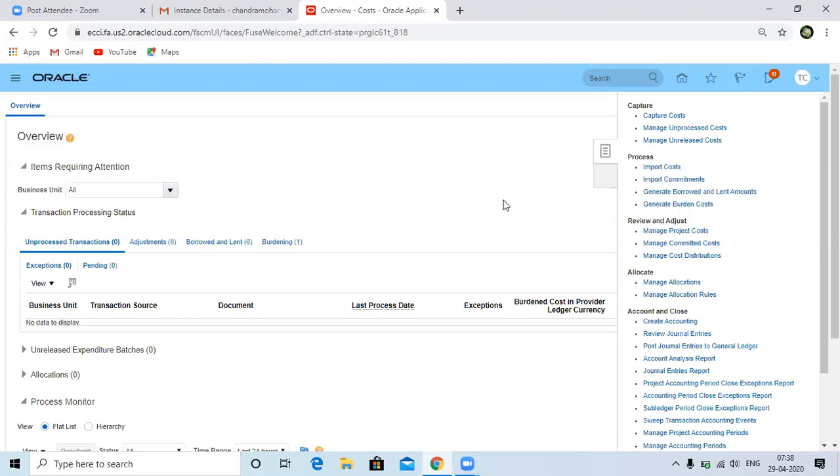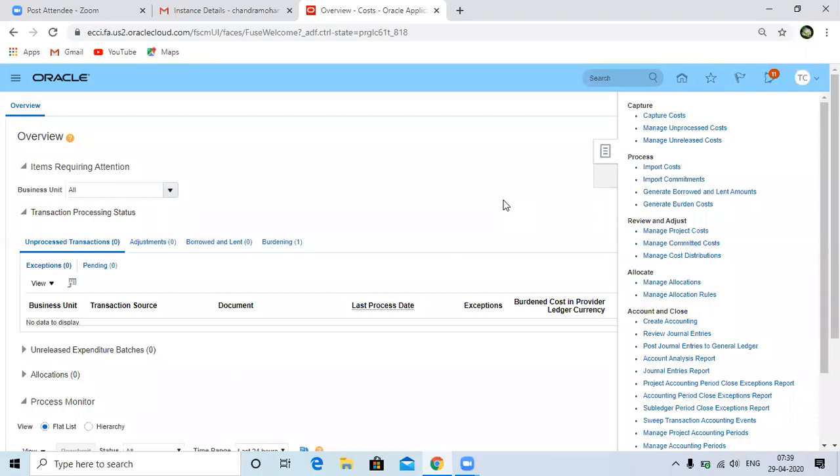For example, in payables, the user has selected the wrong project information. He has to select project A, but he selected project B, and the cost is already imported to projects and the invoice is closed. That means the payment also completed for that invoice. Reversing the invoice will take a lot of effort and time, right? So you need to cancel the payment, void the payment, cancel the invoice, and again create a new invoice, or add the distributions for that invoice.